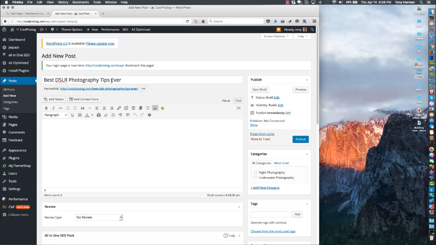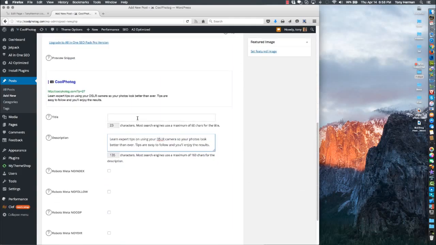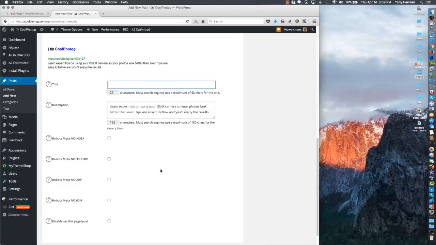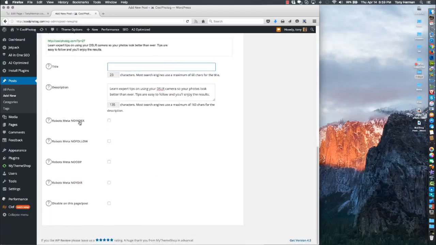Okay. Start with the title here. Leave that blank because I'm going to come back later and optimize it after some data has built up about how this page ranks. Okay. All right, so these here,